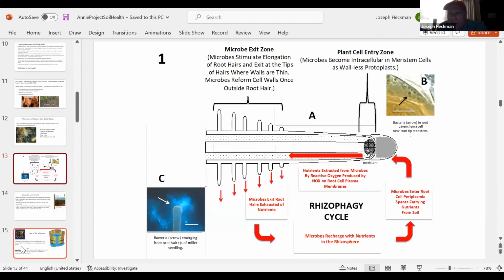So at Rutgers, we have a professor, Dr. Jim White, who's made a fascinating discovery that he calls the rhizophagy cycle. And I'll just introduce the topic here, and then you can look this up and web search for the rhizophagy cycle to learn more about it. There's some really nice YouTubes out there about it. But really, what